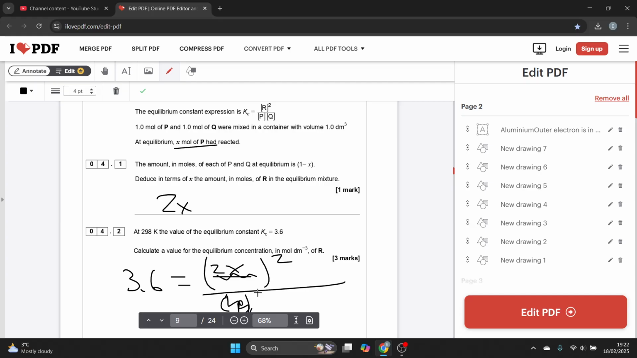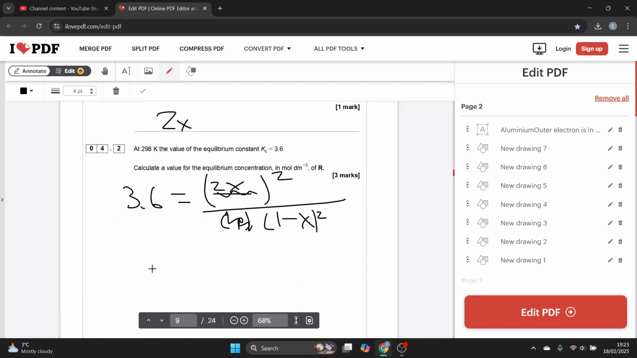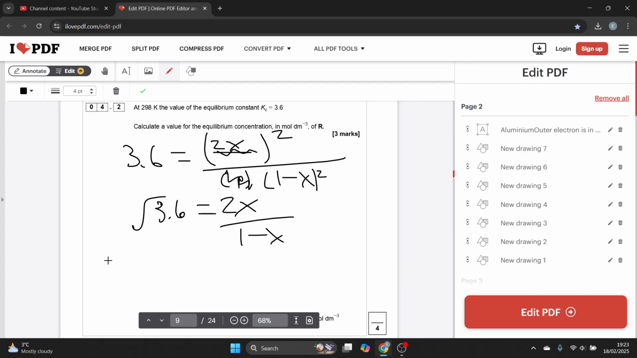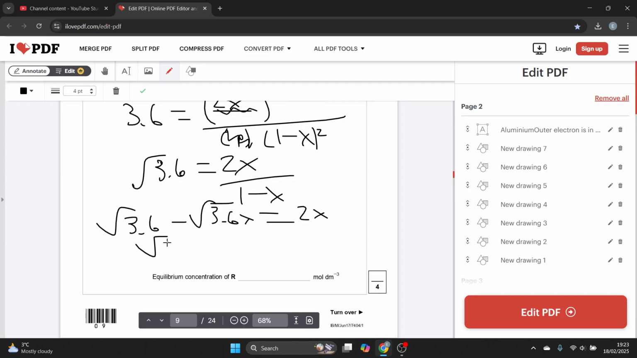Oh, sorry. It says the amount of moles of P and Q at equilibrium is that. So it's going to be 1 minus x squared. Square root both sides, square root of 3.6 equals 2x over 1 minus x. So then I get the square root of 3.6 times 1 minus x, minus square root of 3.6 x, equals 2x. Then I can say the square root of 3.6 equals 2 plus root 3.6, x, and then x equals root 3.6 divided by my answer at